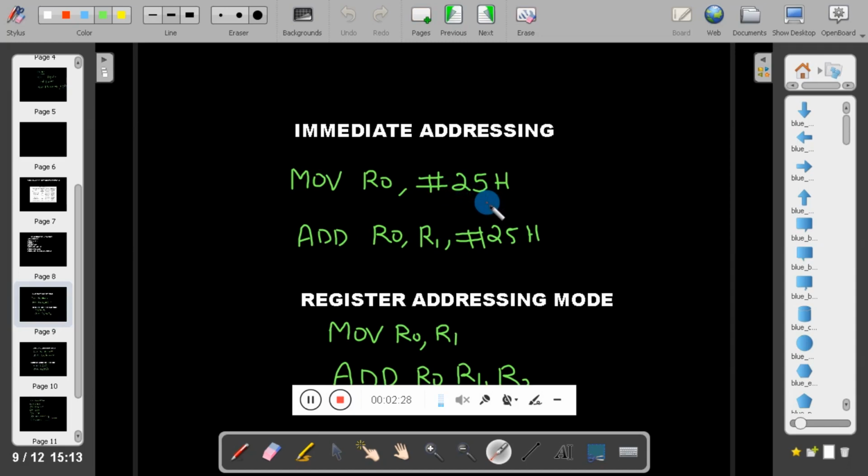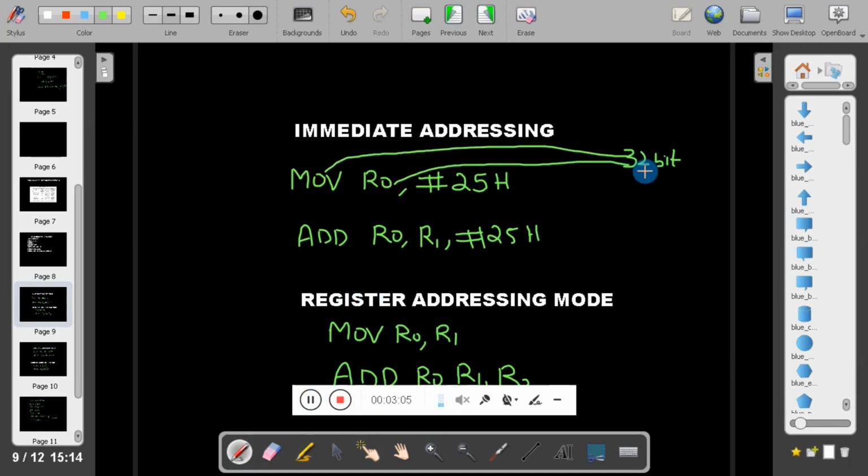Now students, you have to remember one point here. All instructions of ARM are 32-bit. In that 32-bit, some bits are allocated for the opcode, some bits are allocated for the register, and some bits are allocated for data.